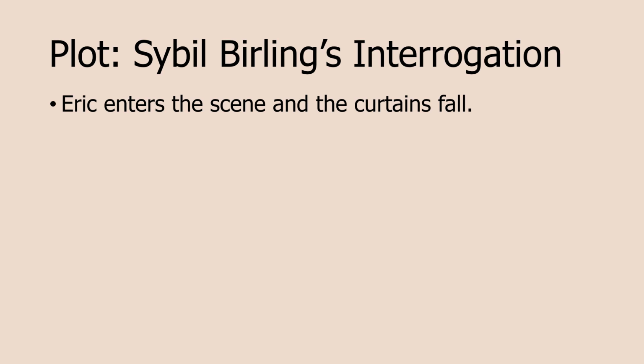This section ends, and actually Act 2 ends, with Eric entering the stage looking sort of pale and ashen, and the curtains fall. Now remember, when you analyse a play, you can always analyse dramatic entrances and exits, and this is a very dramatic entrance from Eric, and then Priestley decides to end the act here, which would only just increase tension in the interval. The audience would be talking about what happens next, how would the play end. It's very clever stagecraft from J.B. Priestley.